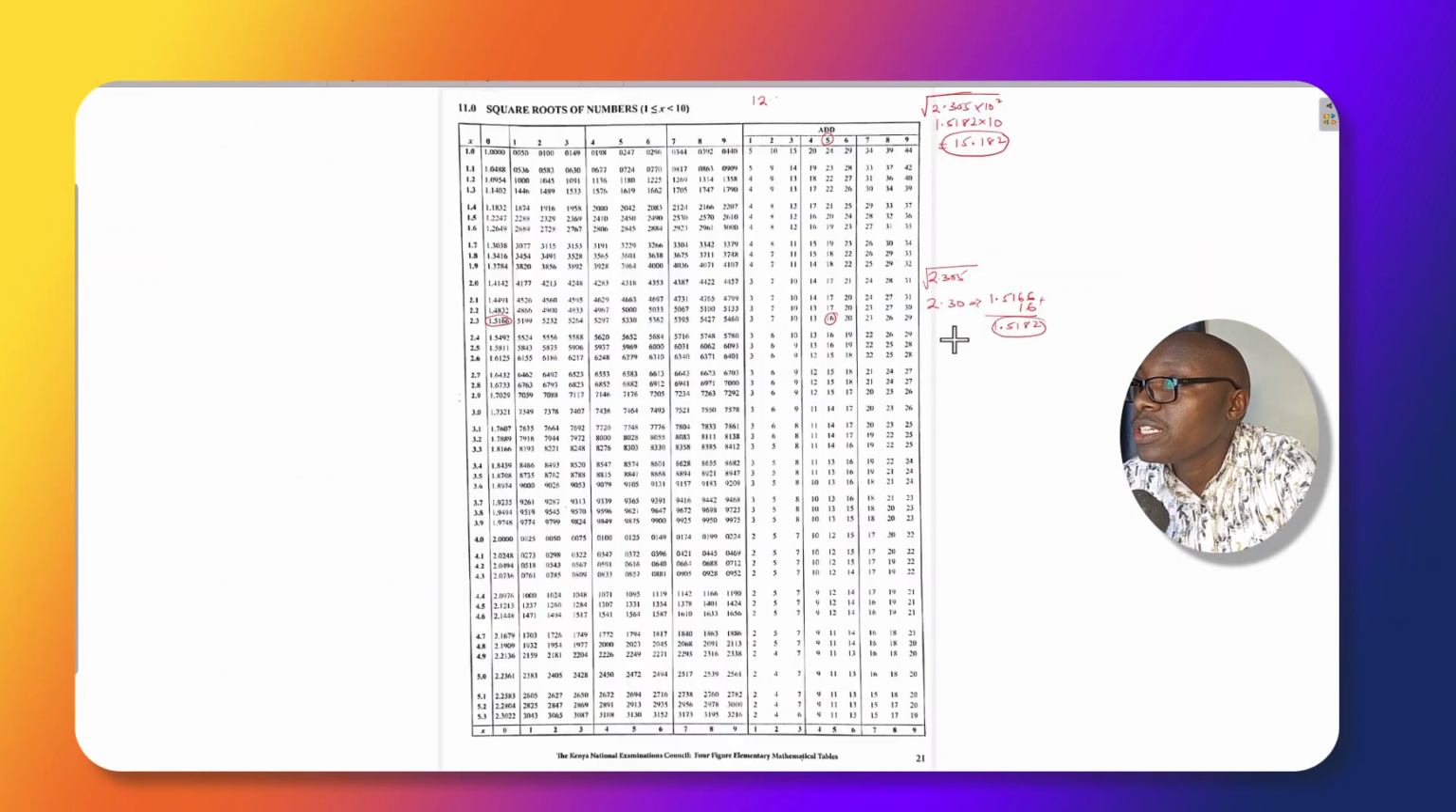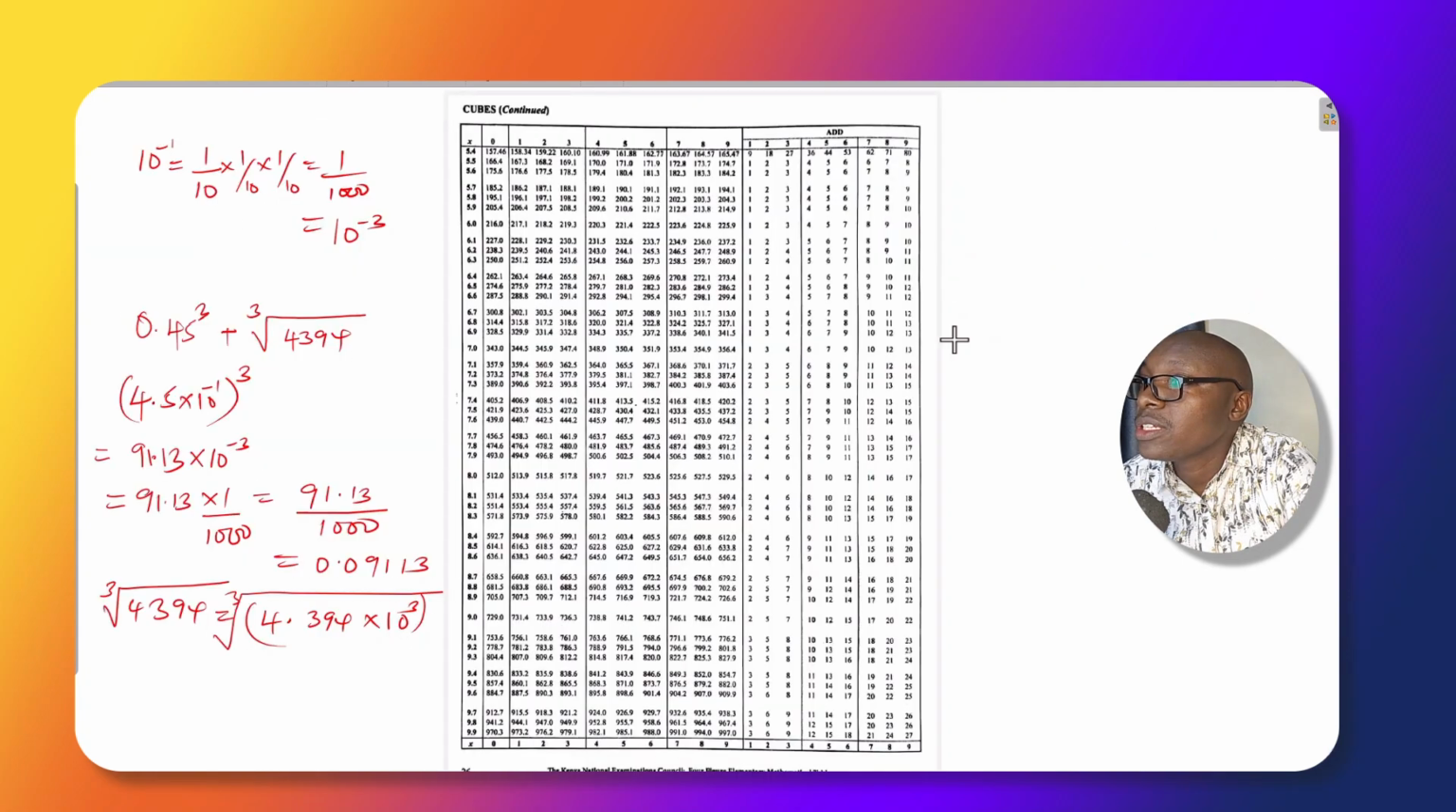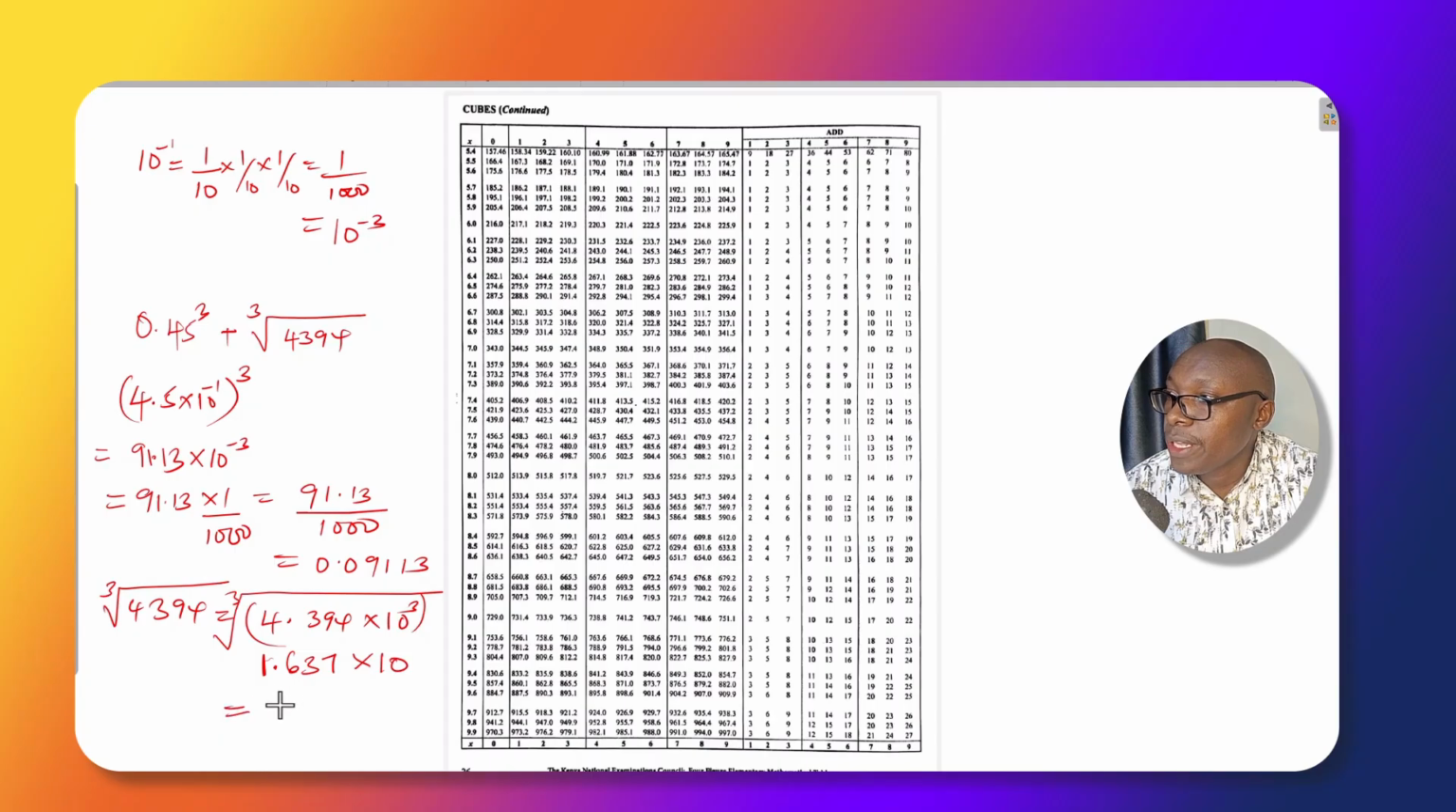1.637. So let me go back. Yeah, it is here, 1.63, 1.637. And then the cube root of 10 to the power 3. 10 to the power 3 is the same as 1,000. So what is the cube root of 1,000? It is 10. So now when you multiply these, you get